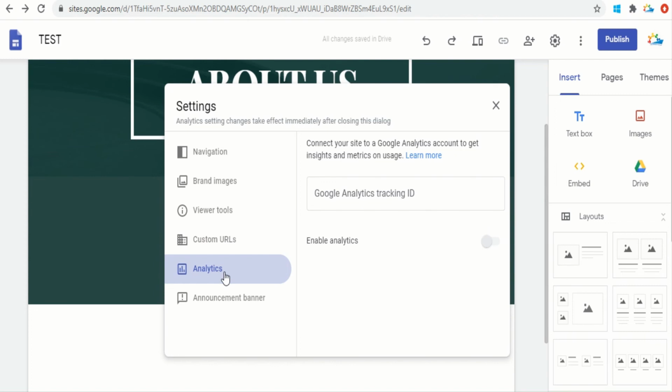Custom URLs will be generated once you assign a particular domain, and this is one of the most wonderful options that you have here. You must be aware of the fact that Google also provides Google Analytics. So you can go and create a free account on Google Analytics, and once you create that account, you will be awarded with a Google Analytics tracking ID. Just place that particular ID here in this text box.